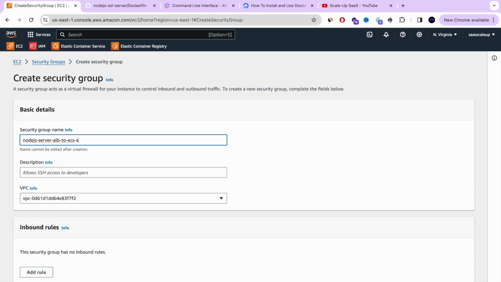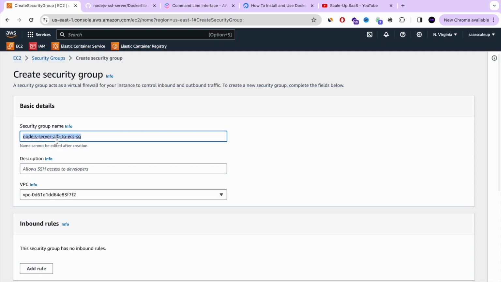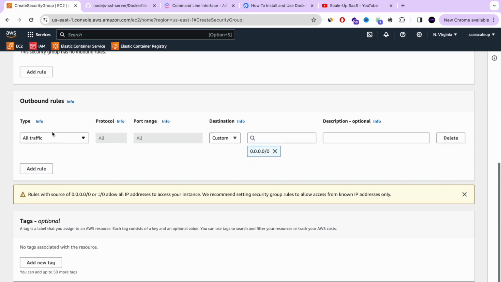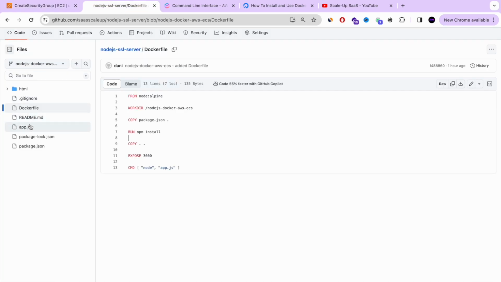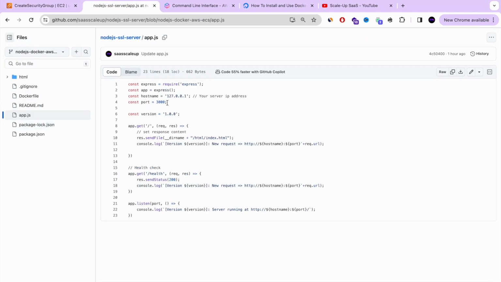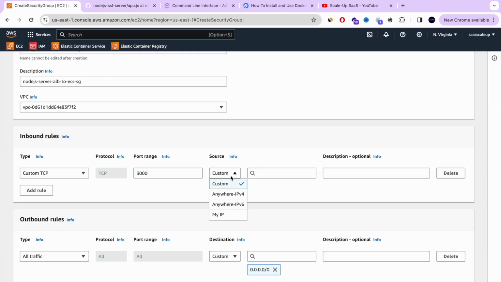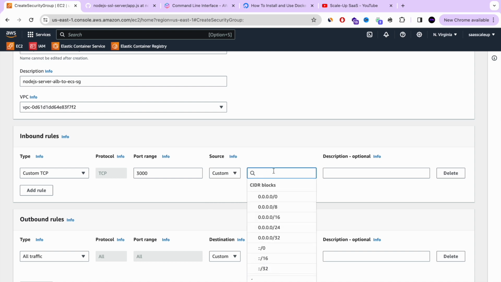Let's create Node.js server ALB to ECS security group. Let's paste it here, and in the inbound we're gonna add custom TCP with port 3000. Because as I said a few seconds ago, this is the port that our Node.js exposed. This is the port that is working, and because this is the security group of our AWS ECS service,